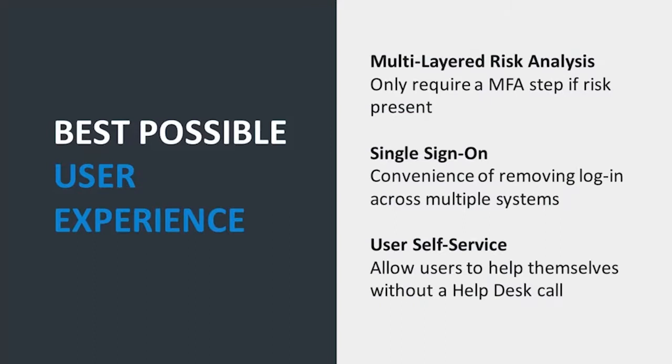So from a very high level, we have multi-layered risk analysis, which my colleague James Romer will go on to show you shortly, which will only require an MFA step if necessary. We have single sign-on to give you or your users a single place of accessing applications and resources. And lastly, we have user self-service. So this is basic account management, password reset, again, just to try and take that load off of the help desk. As we know, there's a high cost association when it comes to authentication and access technologies to help desks